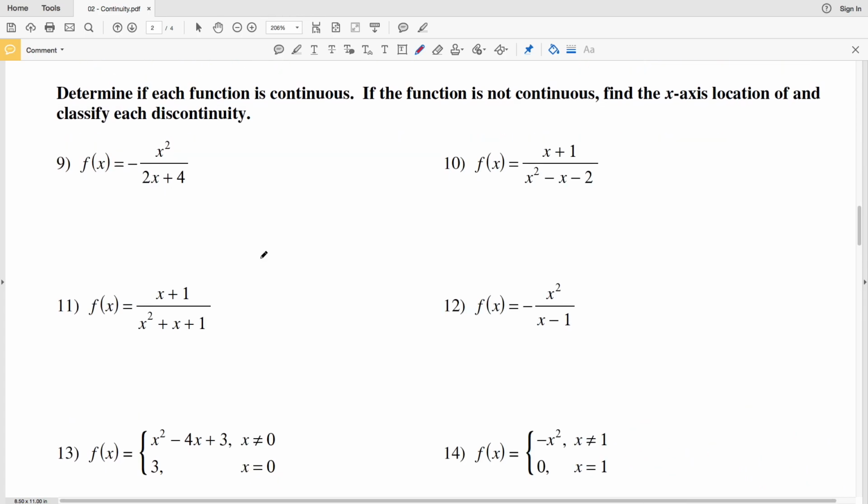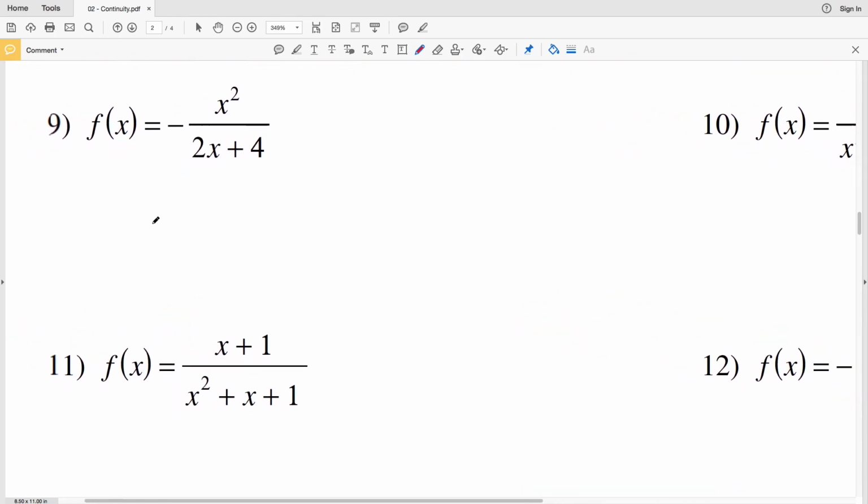For numbers 9 through 14, we're going to determine if the function is continuous. If the function is not continuous, we're going to find the x-axis location and classify the discontinuity. So remember, essential discontinuities cannot be factored out. Removable discontinuities can. So in number 9, there's no way to simplify this in order to remove that discontinuity from the denominator. So we will have an essential discontinuity